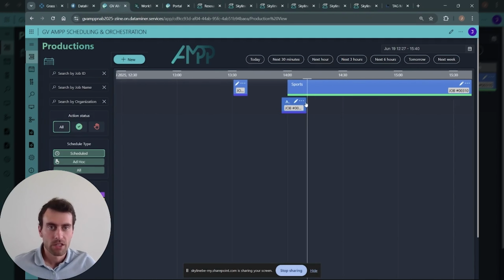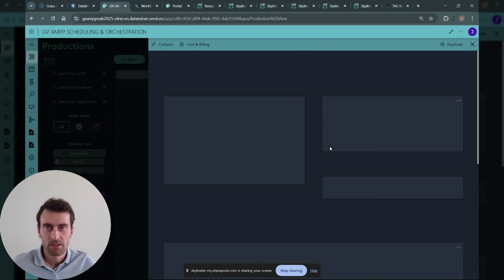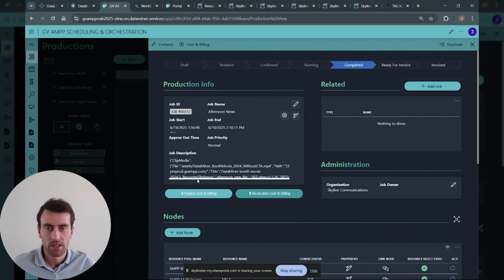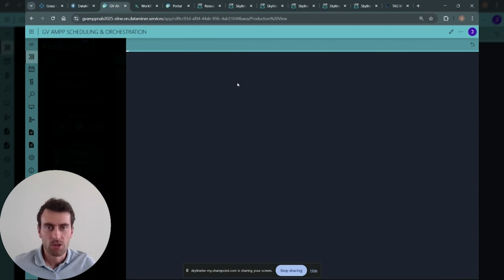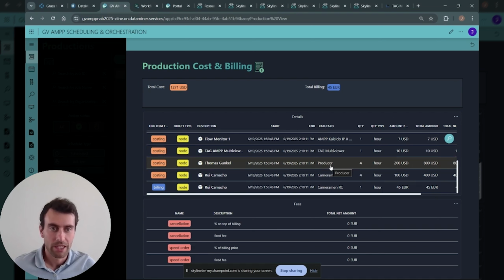Now that the production has been stopped, I want to show one last thing, which is the cost and billing side of things. So if I open my finished production, I have this other tab called cost and billing, which shows you an overview of all the cost records that have been calculated based on predefined rate cards per resource in the system. So this shows you the cost records for AMP workloads, but the main thing is that it can combine it with costs for external technologies to AMP, but also for costs of offline resources. Next to it, it can also